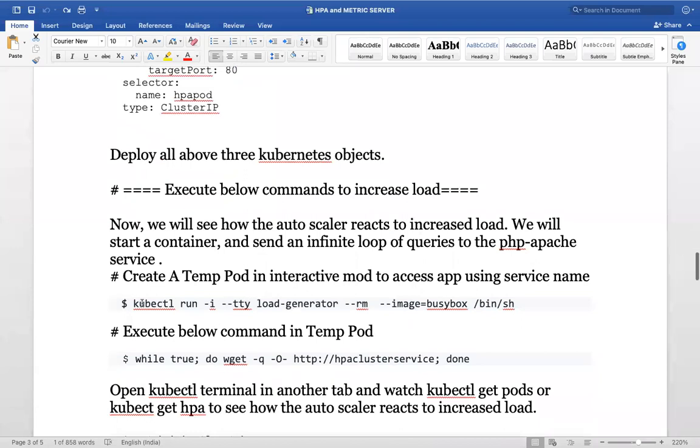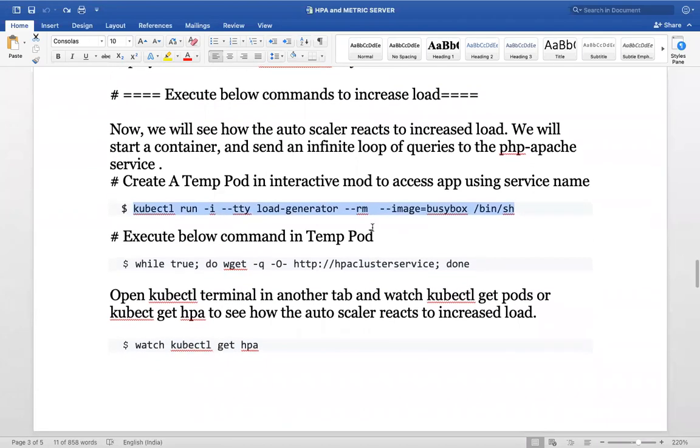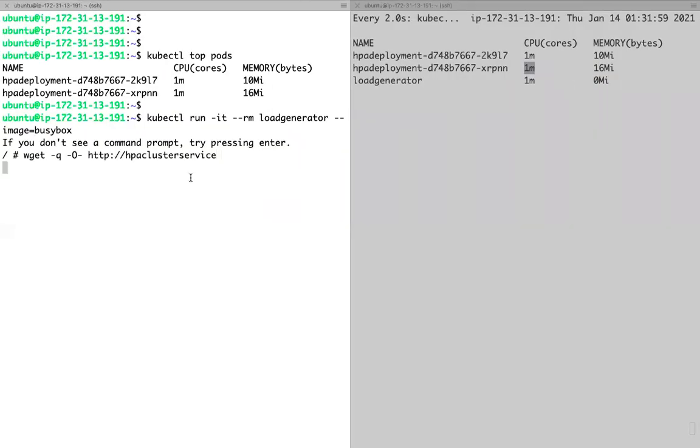Guys, here I have given that command, right? So if you see, I can execute something like this, just one command. Now, am I getting the response from this service? This is my service. I don't have curl in this pod actually. I don't have a curl software in this pod. So curl is not there. So that's why we are using wget.